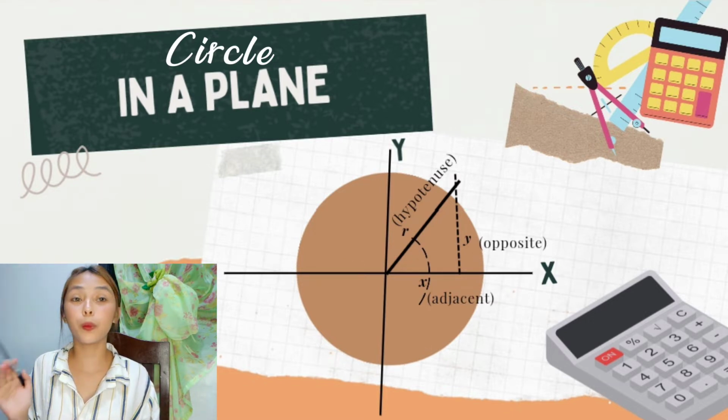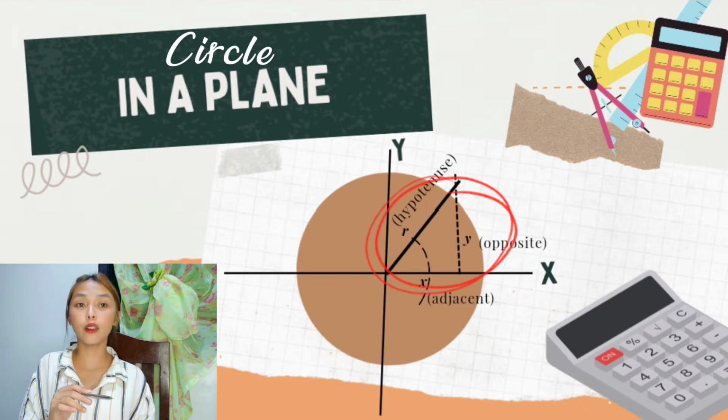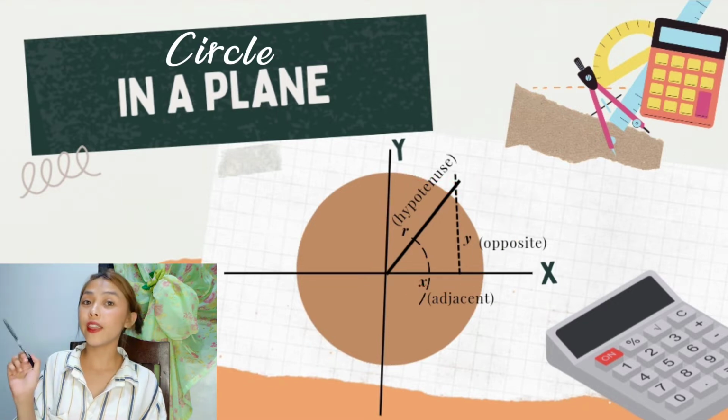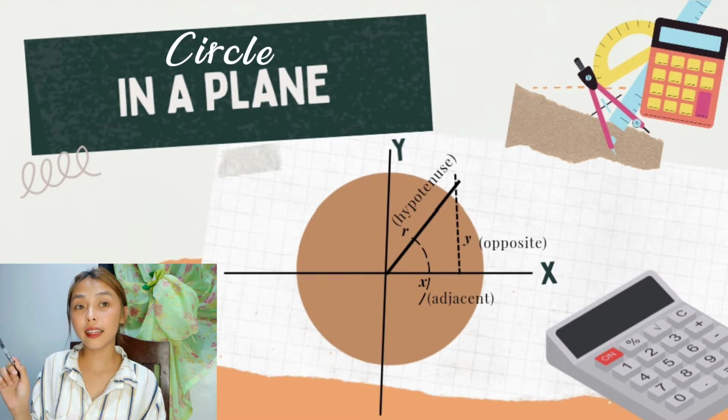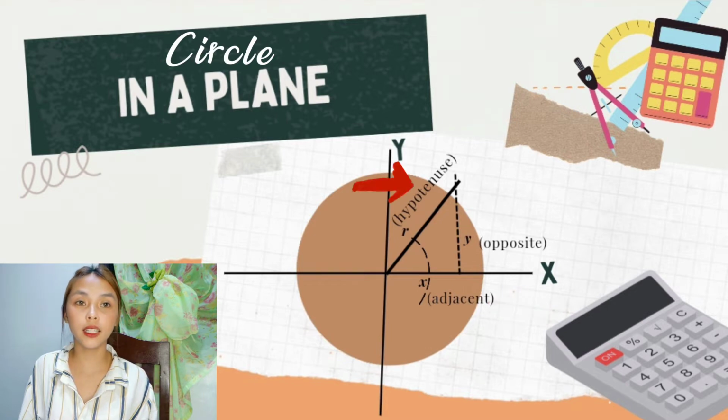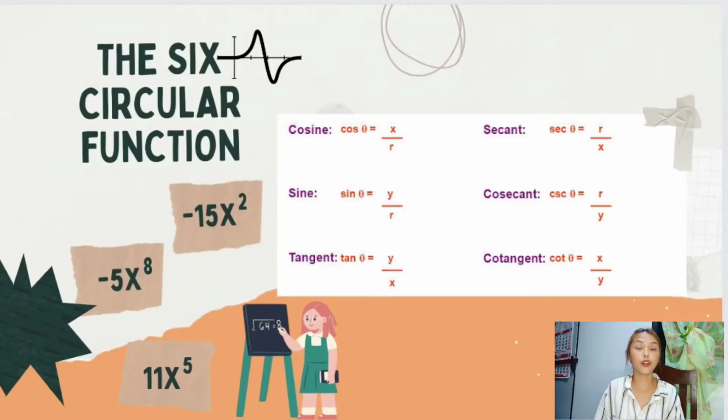Then if we pull out this right triangle, we have this triangle x, y, and r, and this is our angle theta. Y is the opposite, x is the adjacent, and r is the hypotenuse. Then to solve for the 6 circular functions, we have sine theta, opposite over hypotenuse, that is y